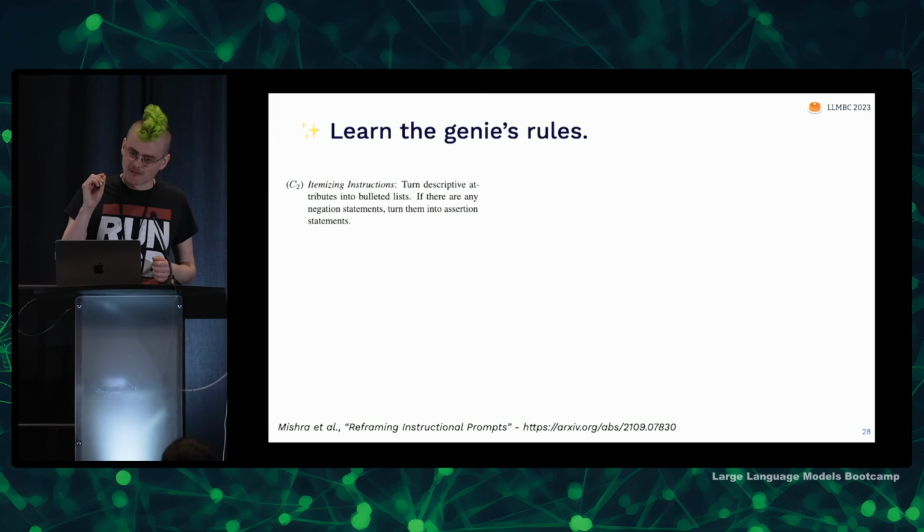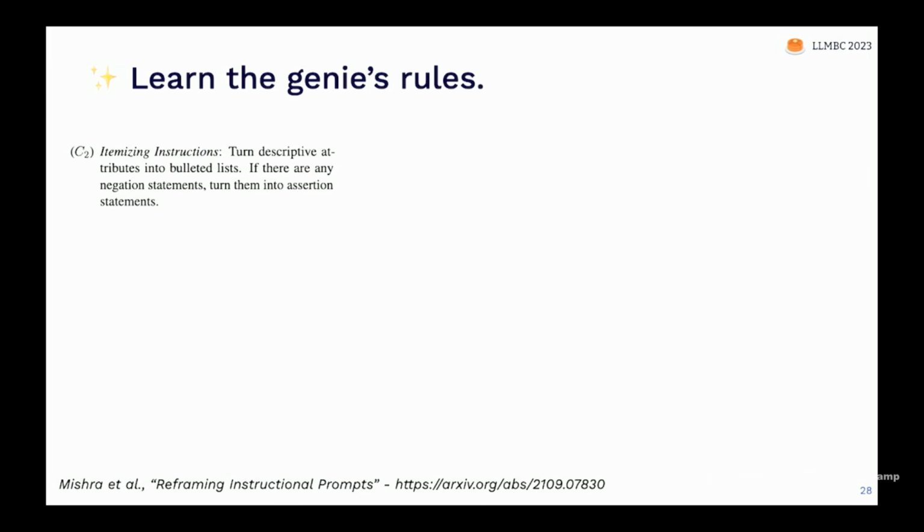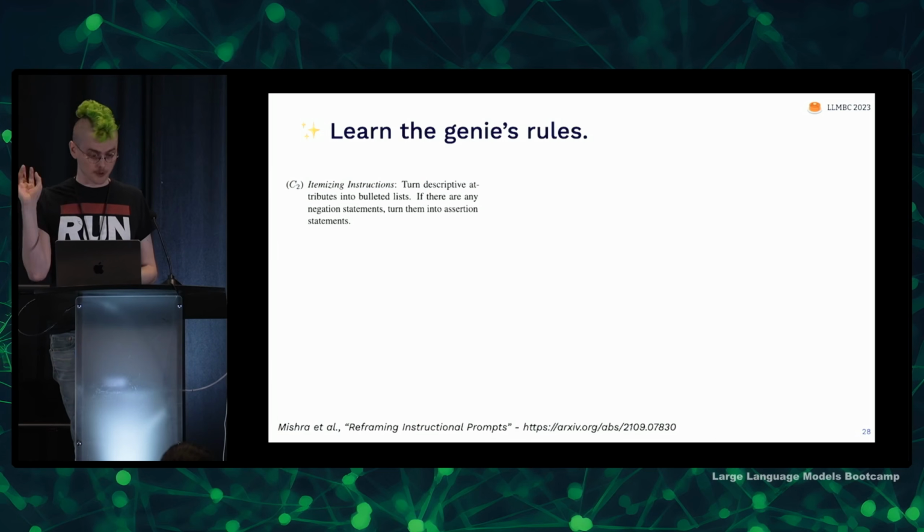Then a very simple key one is to take any descriptions that you have and turn them into just bulleted lists. Language models will look at the very beginning of your description and then skip over the rest of it, which I'm sure none of us has ever done while skimming anything.